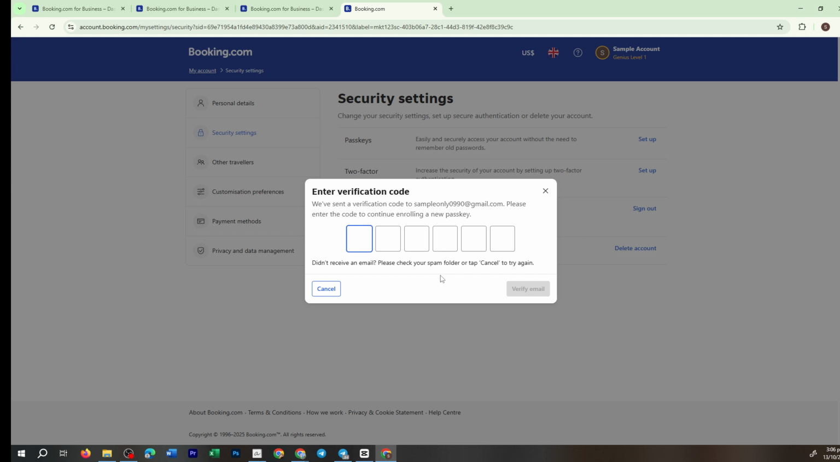Now, I want to mention that for this demonstration, I won't actually create a passkey, as this is just a sample account. But you've now seen the entire process, and as you can tell, it's quite simple and fast. And that's it. You've just learned how to add a passkey to your Booking.com account, making your future logins both